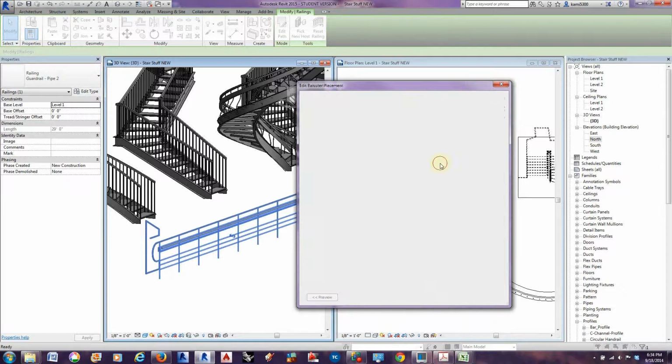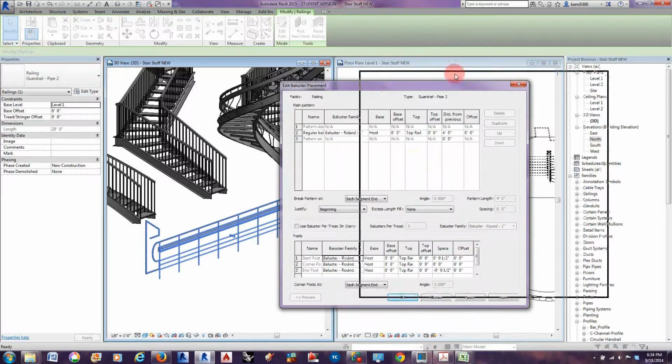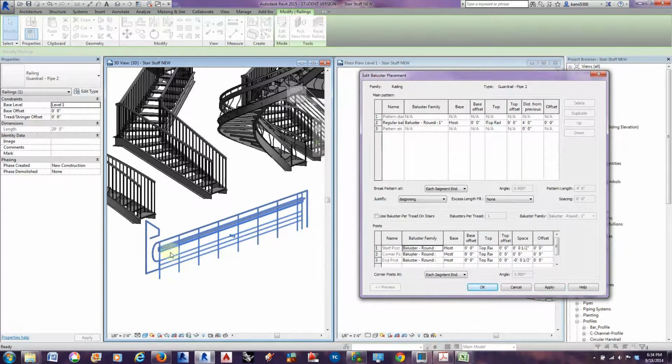The baluster placement is the vertical balusters. This is the main pattern. So the more you add to here, let's see, we can duplicate this a couple of times, and it basically